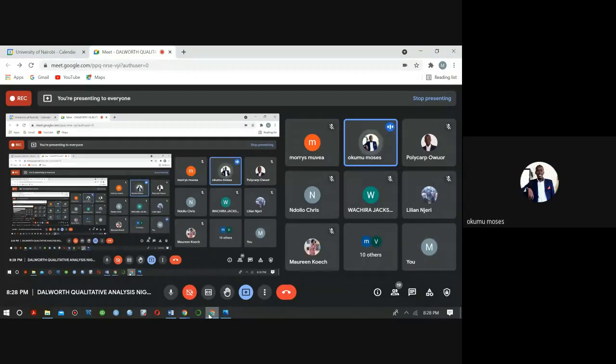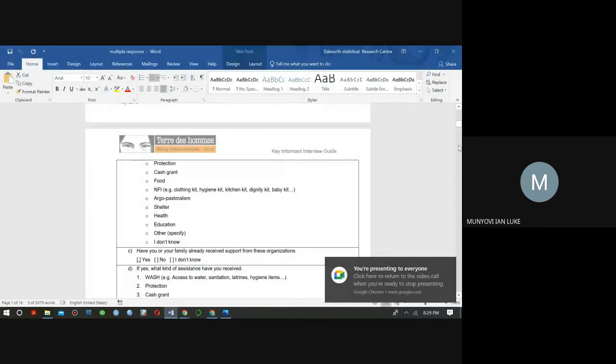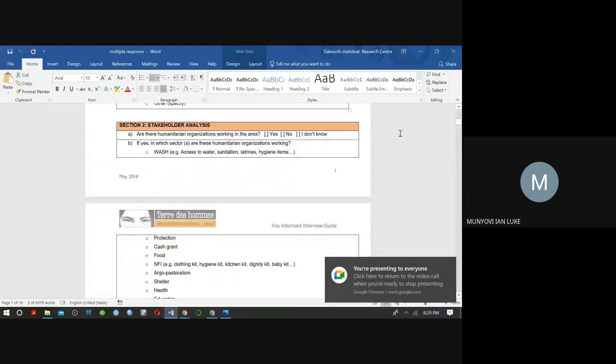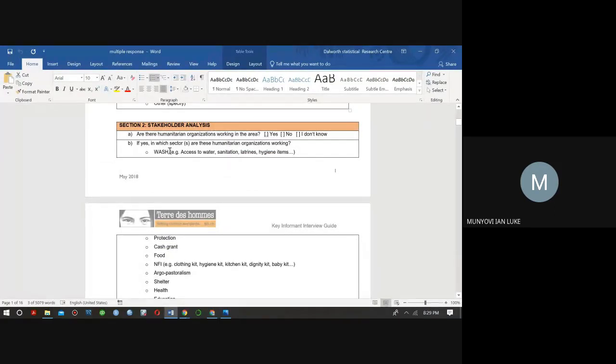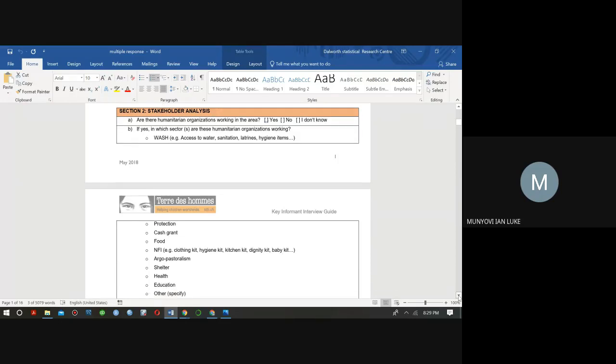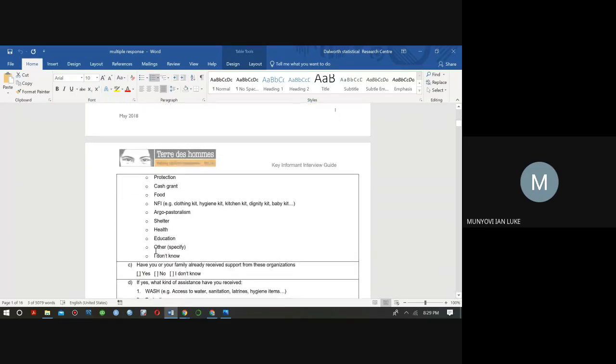So when he says I don't know, it's like he's not aware, he's not informed whether it exists or not. And when he says others, it means there are other NGOs that are not amongst the choices. Yes, that is very correct. So what Moses is saying is, now remember you have asked this person if they are aware of an NGO existing in that area. Now they need again to say which sector this NGO focuses on, and among the options there is again the option of I don't know, and again the option of other specified.